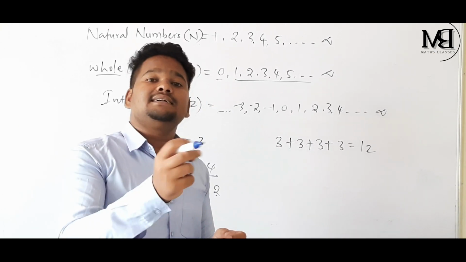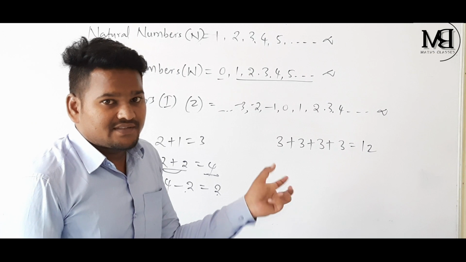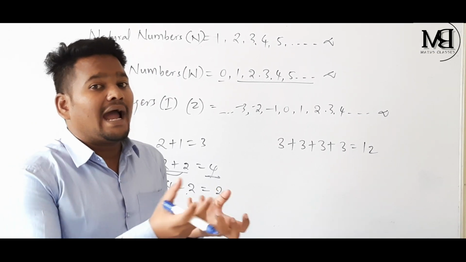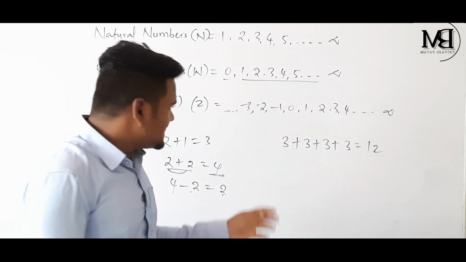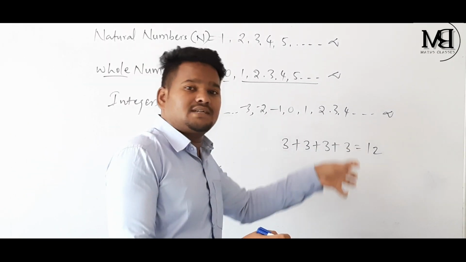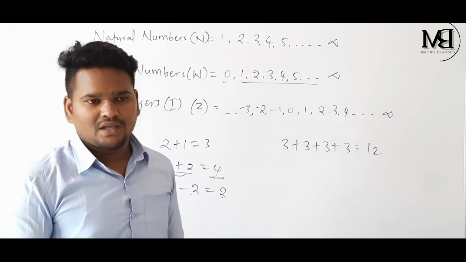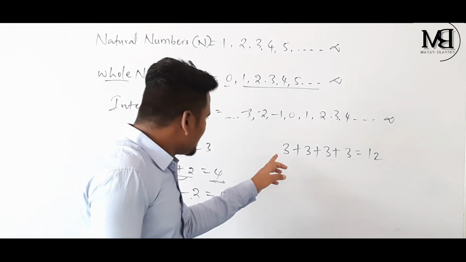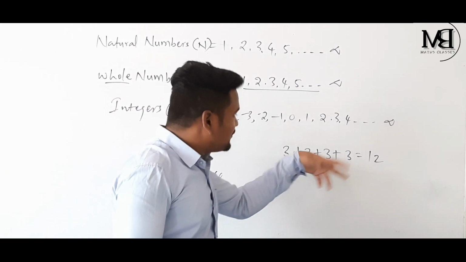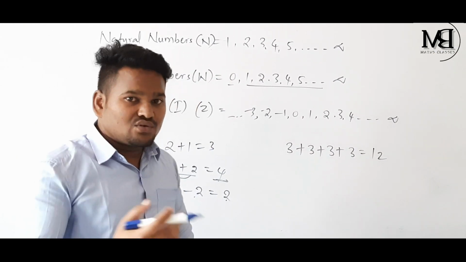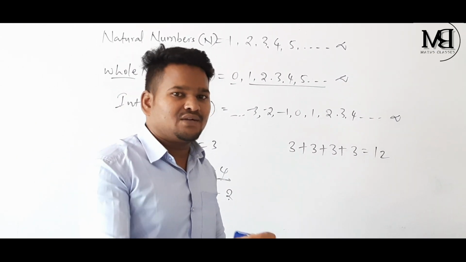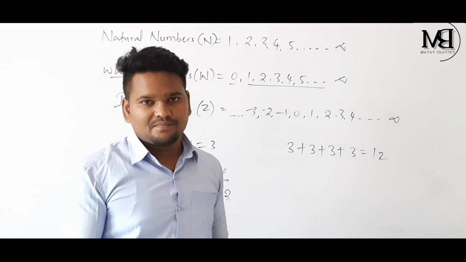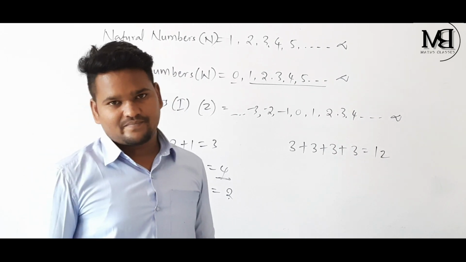For example, I ask you one question. If 3 is added to itself 1000 times, then how are you going to add here? How are you going to calculate? Is it possible to count like this 1000 times? No, it's impossible. Now we need a shortcut method, right? Here 3 is added by itself 4 times and I got 12. And the question is, if 3 is added 1000 times, then what could be the answer? Here we made a shortcut method, that is multiplication.